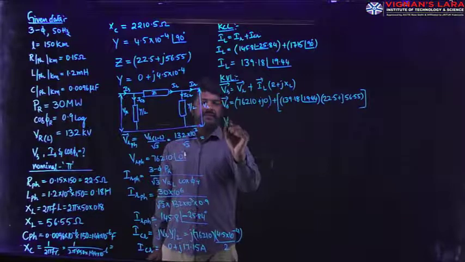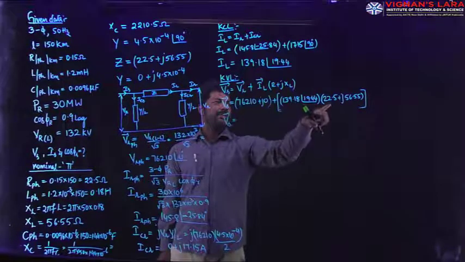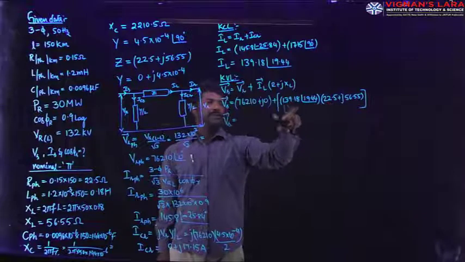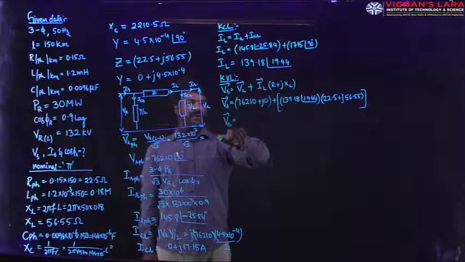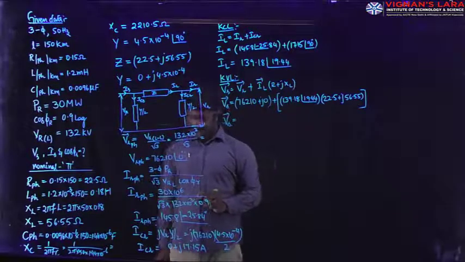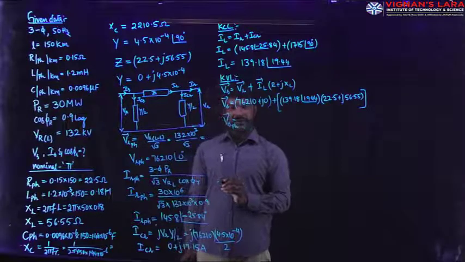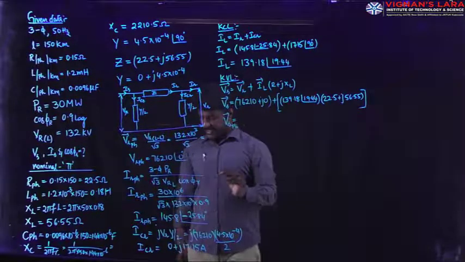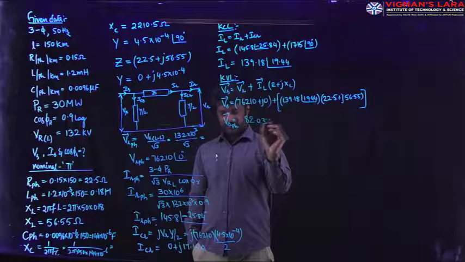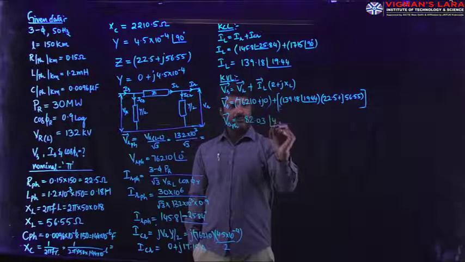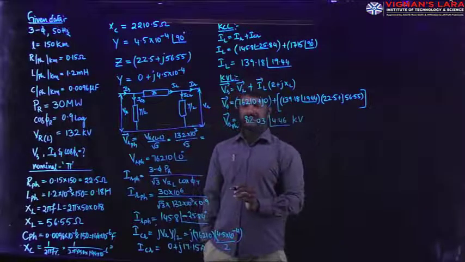And then the Vs in the calculator, if you do it, products are to be done in the polar form. After getting the magnitude, you have to add again with the reference voltage in rectangular form. Finally, you will get the Vs value per phase, because all our calculation is restricted to per phase values. Then we will get this as 82.03 at an angle 4.46 degrees kV, kilovolts. This is per phase value.